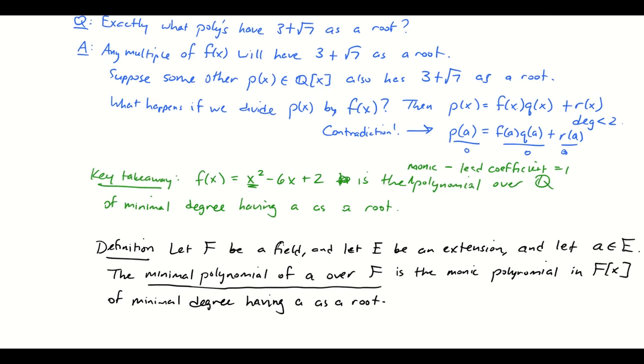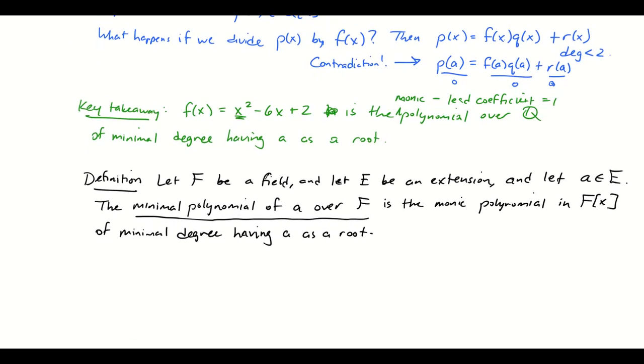Okay, now there are some things that we need to prove about this for this definition to make sense as written. So we need to show, first of all, that this polynomial is unique, because I did say in the definition it is the monic polynomial of minimal degree having A as a root. We just need to show it's unique in order to prove that this definition makes sense. But we would also like to show